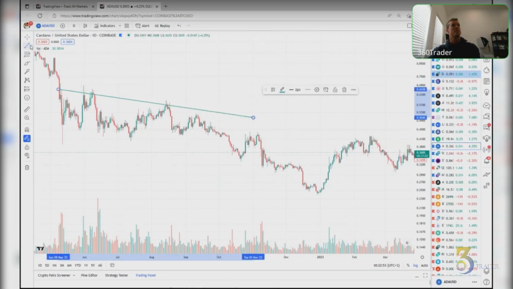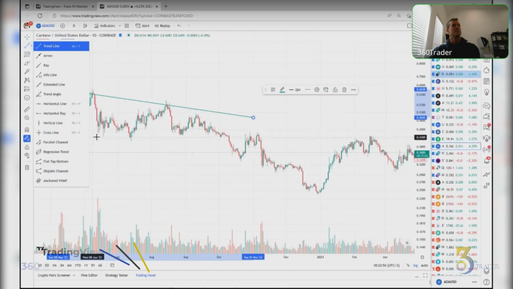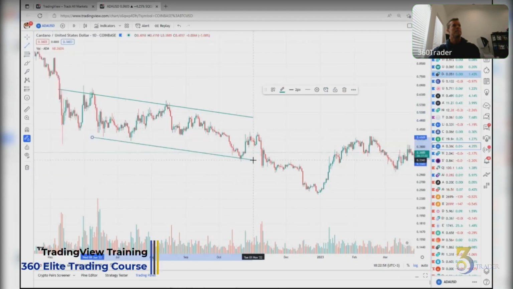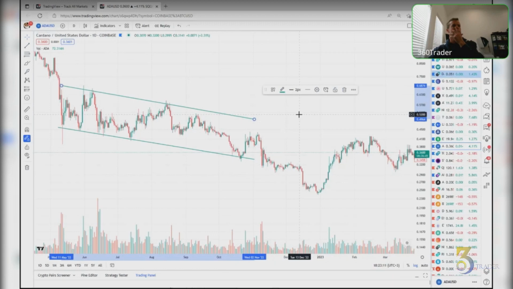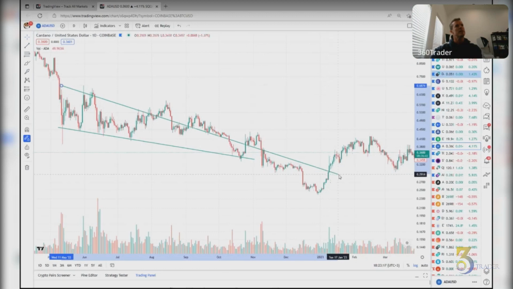I'm using just the trend line. Just kind of drawing this little area right here. And let's actually do this one. I think this will probably make a better channel for us.